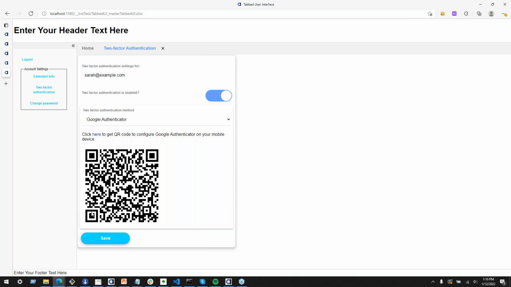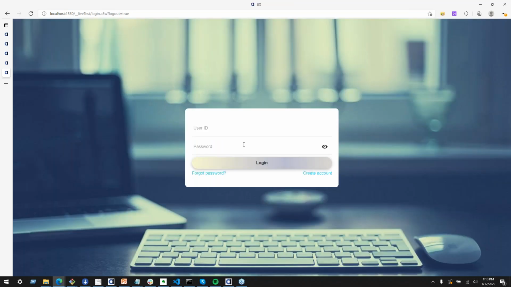But people who have the app would scan this QR code, which would add an entry into their app that they would then read from on the login to set that up. So let's go ahead and leave this. That code in the Authenticator app is always 6 digits. It's always digits. So what I would like to do is, instead of seeing that